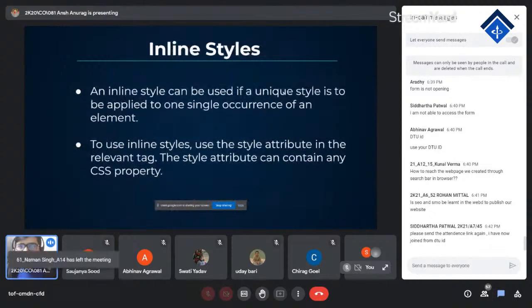Moving forward, inline styles can be used if a style is to be applied to a unique element. एक element को जब style करना है तब हम inline styles use करते हैं. And inline style attributes के लिए tag में एक style attribute use करना होता है,